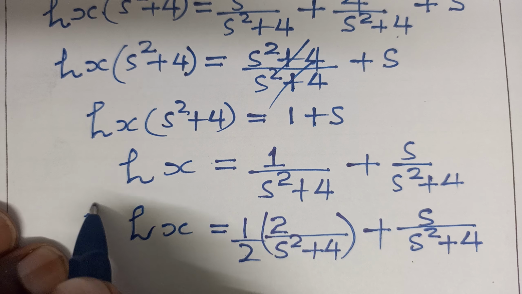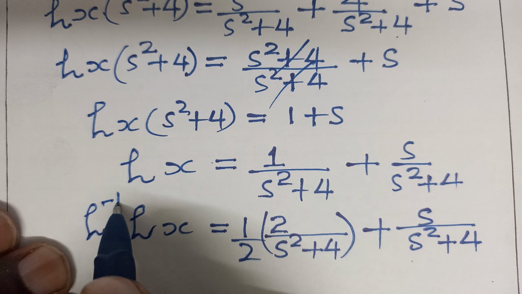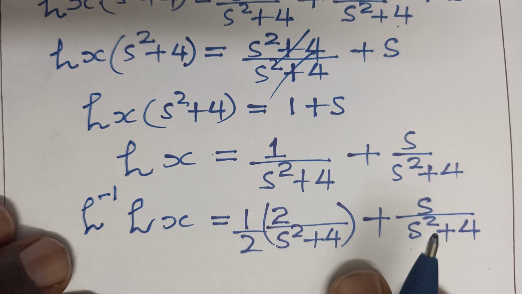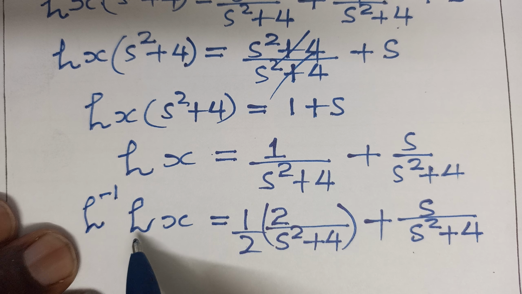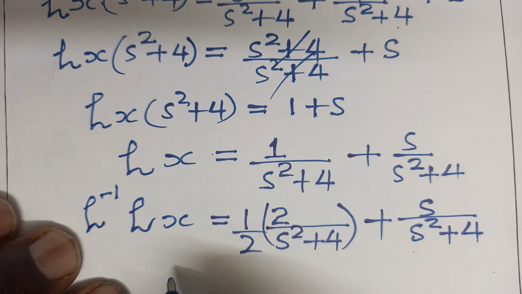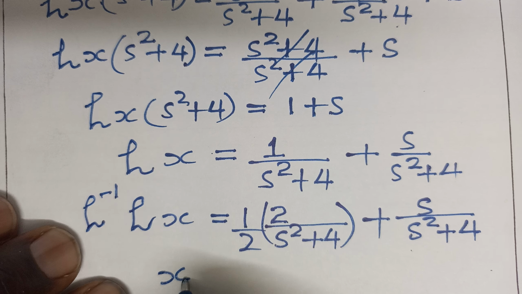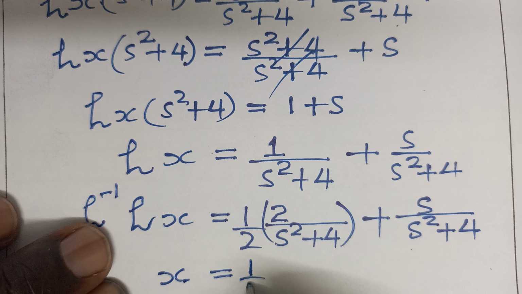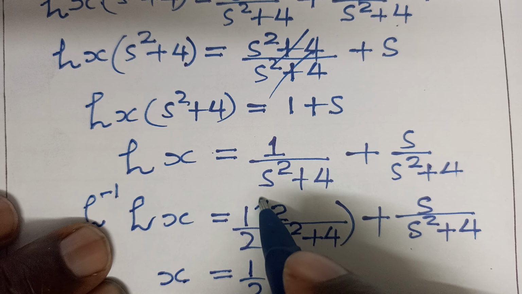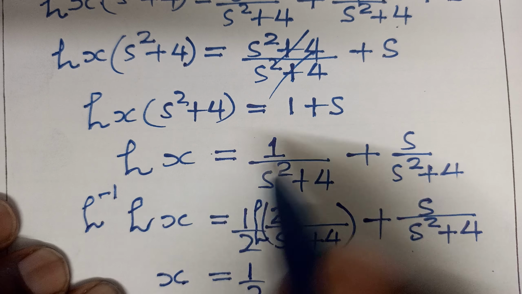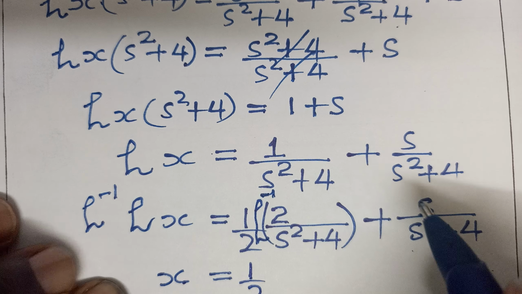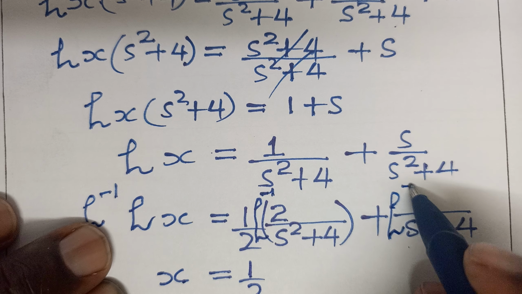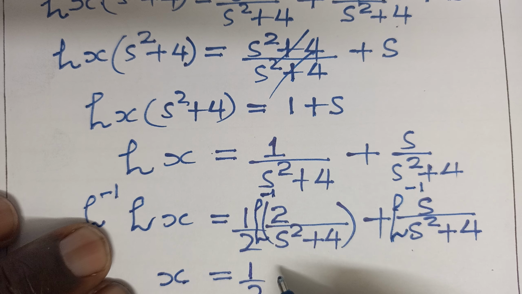Now I look for the inverse Laplace transform on this side. This gives us x. So x is equal to a half, and then the inverse of that. Just as we have done here, we also look for the inverse of that and also for the inverse of that. So for this, this is going to be